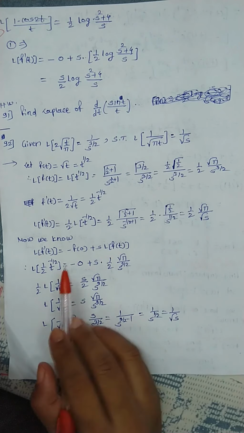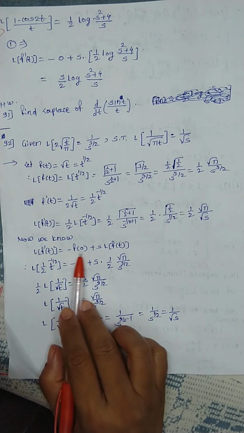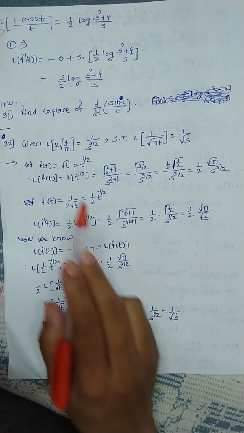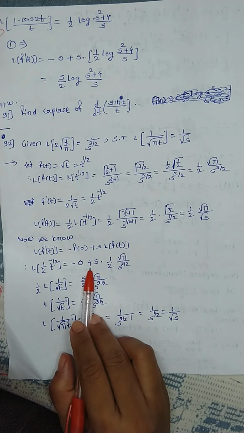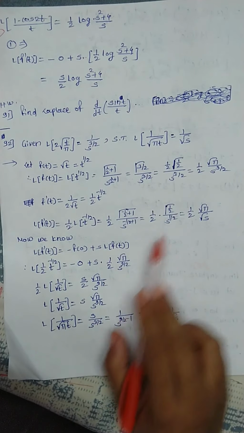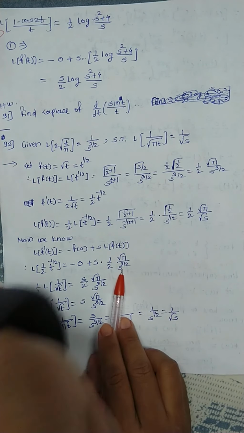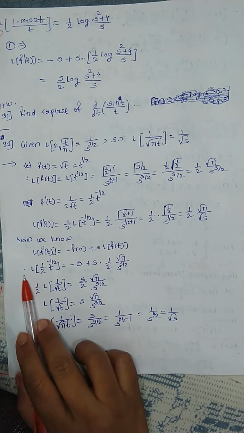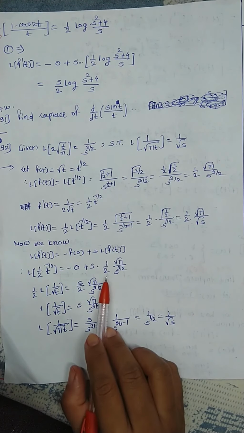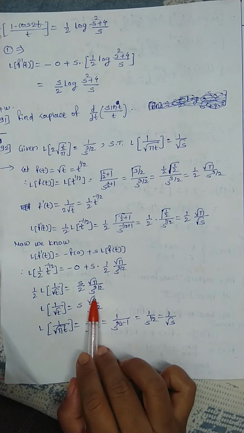What is minus f of 0? F of 0 means the value of the function at t equal to 0. Put t equal to 0 here. This is f of t. Root of 0 is 0, we know. That's why the value of f of 0 is 0. Plus s into the Laplace transform of f of t, which is half root pi upon s raised to 3 by 2. Okay. Now take the constant outside: half Laplace transform of 1 upon root t is equal to s by 2, this as it is, root pi upon s raised to 3 by 2.